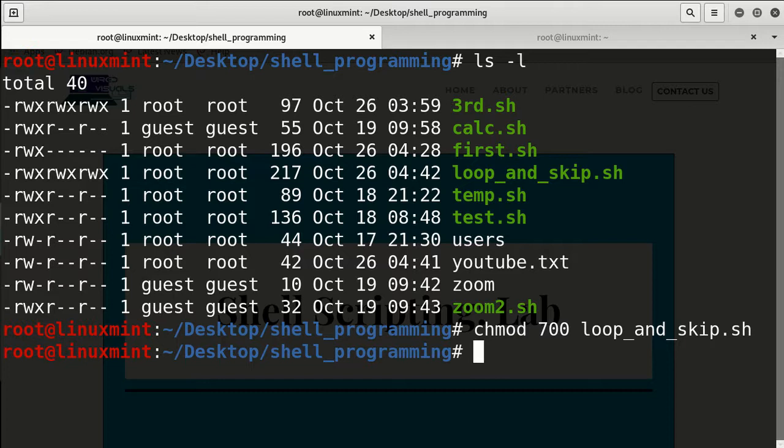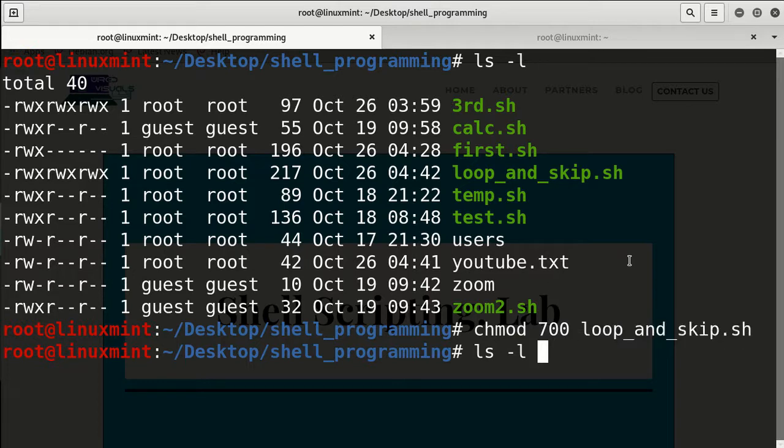So now you see that when we say ls -l, we're actually seeing everything, but we're just concerned about loop and skip. That's the only shell program that we're concerned about, not these ones, right?